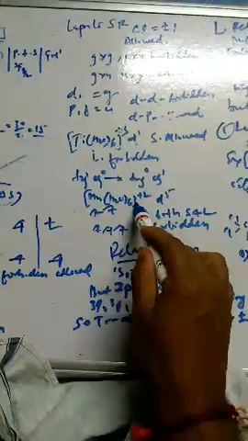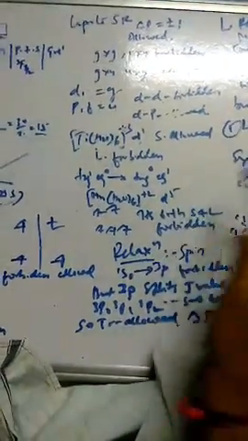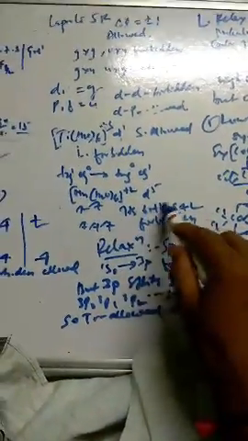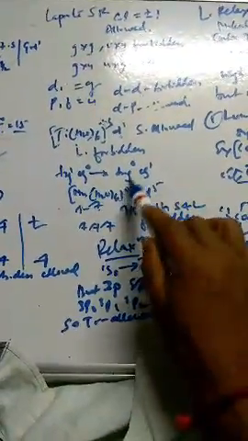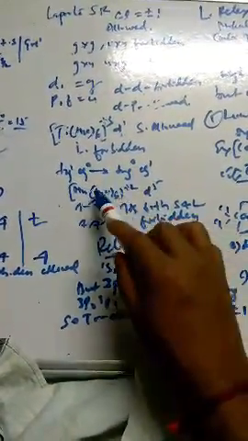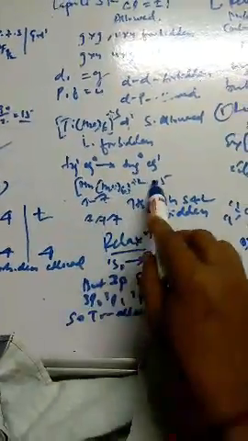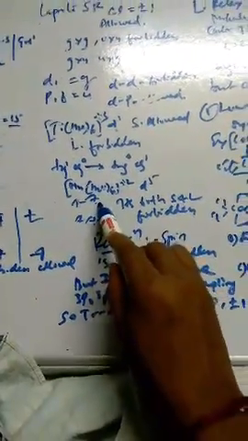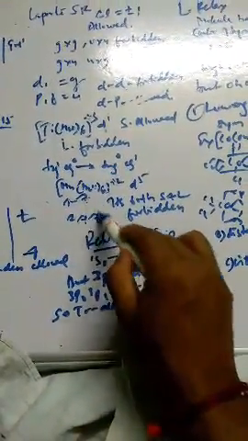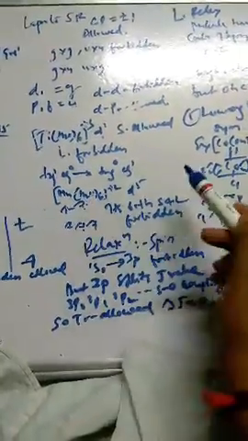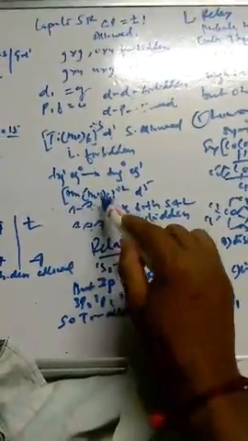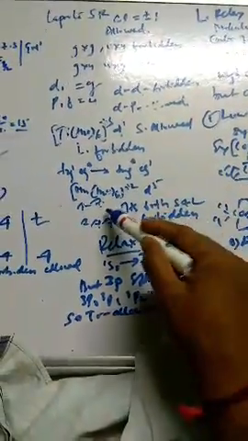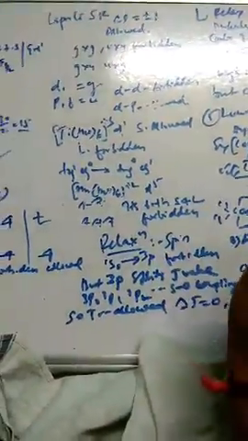Similarly, manganese hexaaqua plus 2, which is a d5 system. So in the d5 system it is both spin and Laporte forbidden. Here spin forbidden is there, as well as Laporte forbidden, d-d transition. That's why they are light in color, because in the d5 system you can see here 1, 2, 3, 4, 5, so it is not allowed. Spin is not possible, and Laporte is also not possible. That's why manganese salts are always light in color, light pink, because this is both spin forbidden and Laporte forbidden.